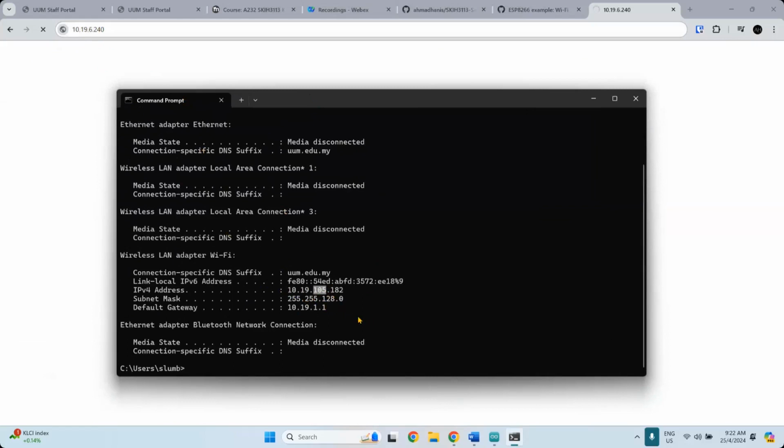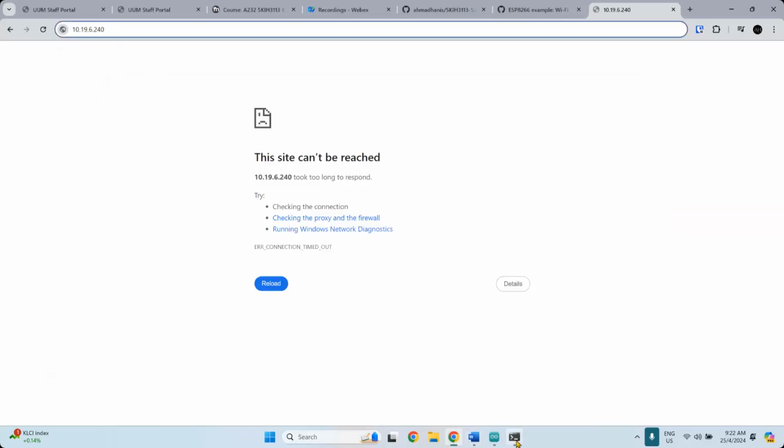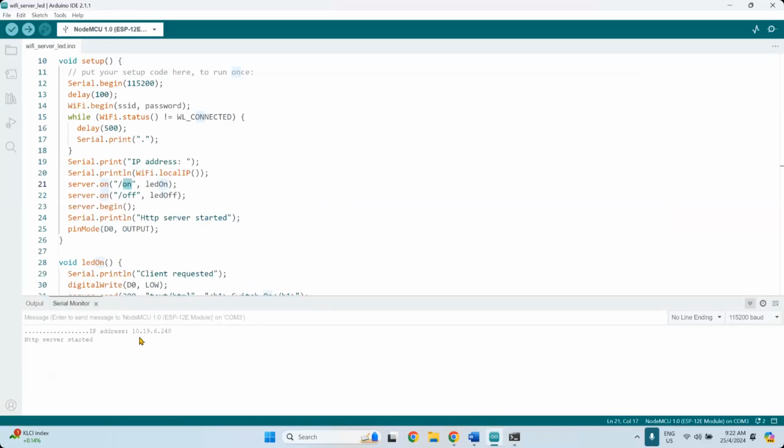So I cannot communicate with this, because even though it's connected to the same Wi-Fi network, if you understand how routing works, when you configure routing, there's a lot of what we call virtual segments. The VLAN, we call it VLAN. So I'm on a different VLAN, even though connected to the same Wi-Fi guest. The VLAN created inside the router separated this into multiple subnetworks. So I'm on a different subnetwork, even though this should be able to connect, because the IP address I provided here is the IP address of this.